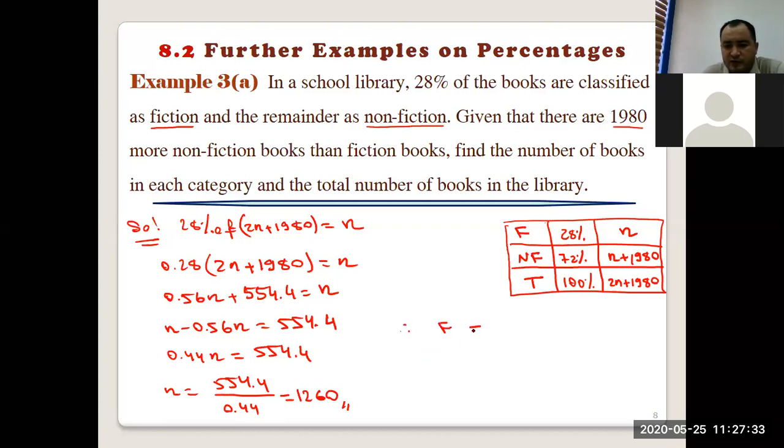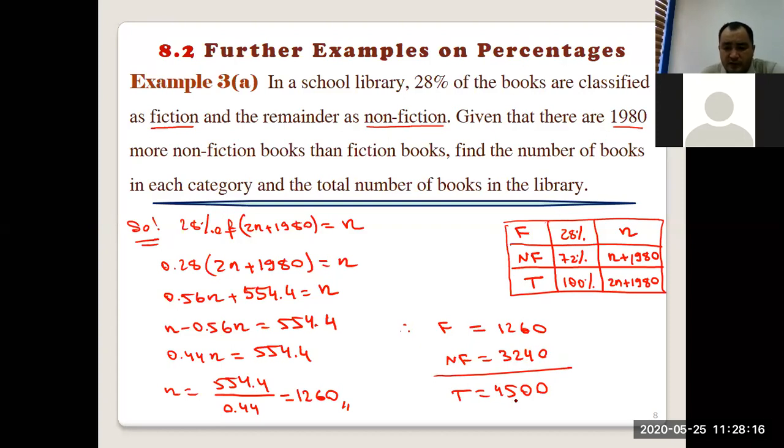Number of fiction books, how many? 1260. And number of non-fiction books, 1260 plus 1980, that's equal to 3240. And the total number of books in the library is the sum of these two, 3240 plus 1260, that's equal to 4,500 books. Okay. So in the school library, there are 1,260 fiction books and 3,240 non-fiction books, and altogether there